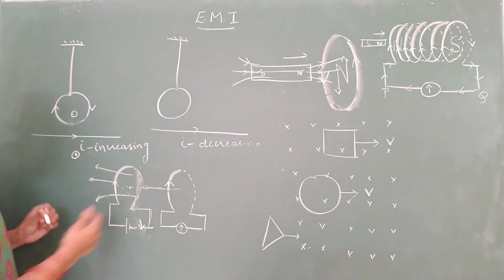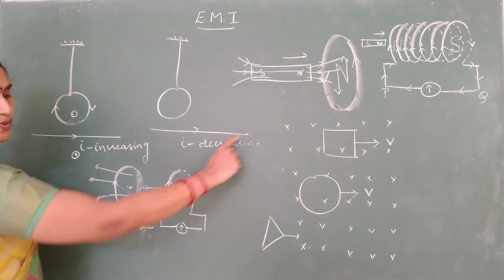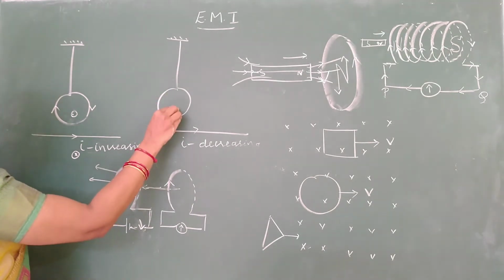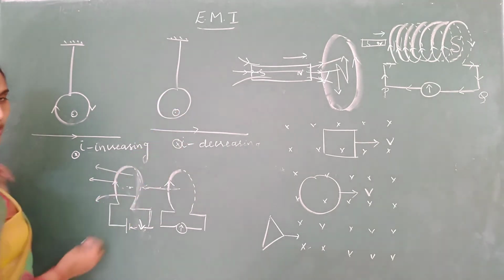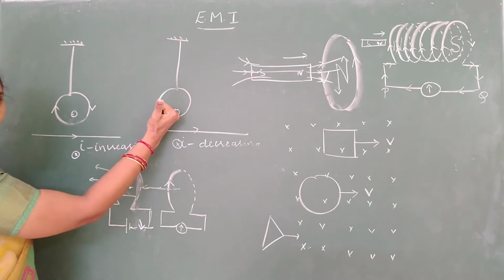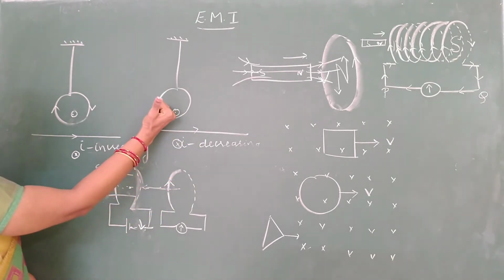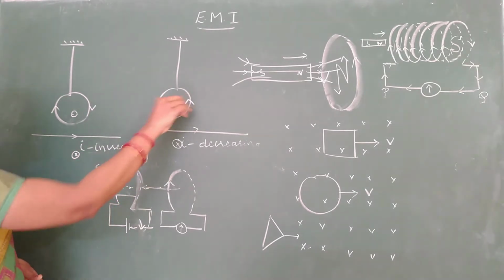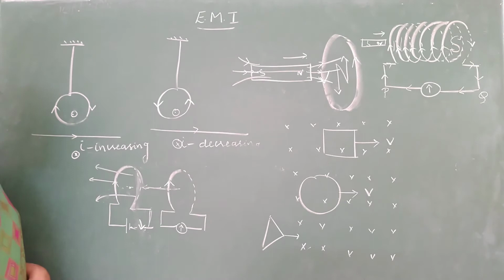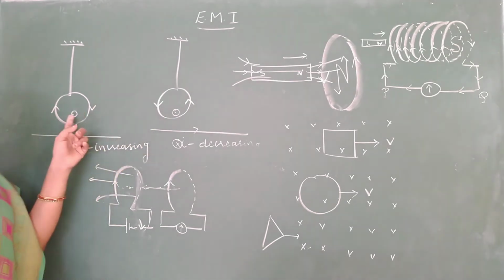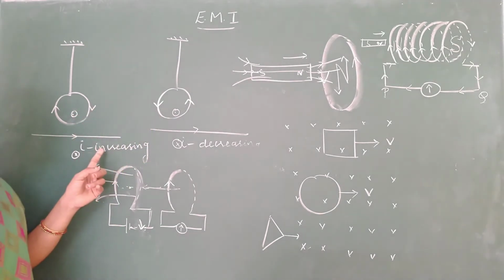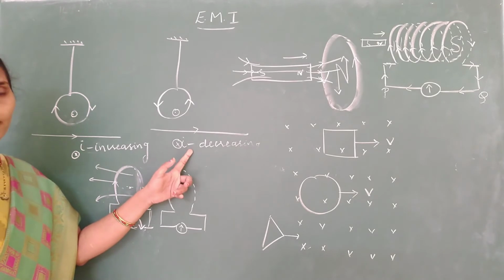Come to this case. Current is flowing this side. What is the direction of magnetic field? Dot and cross. Put your thumb in the direction of magnetic field. Since current is decreasing, field is decreasing. Do not invert your thumb. Curl the fingers. This is the direction of induced current. See, the currents are opposite to each other. Here current is increasing and here current is decreasing.